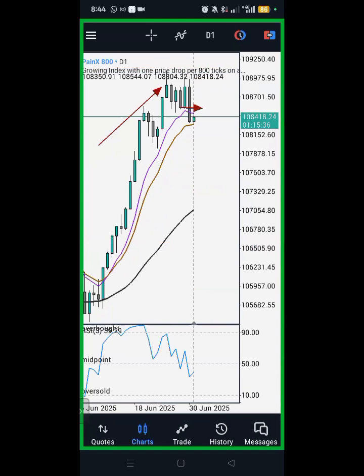Like this Pain X800, the directional bias is downward. I told us yesterday, it's going to come down all the way to this support. Mind you, I told us that candles can also bring support apart from yesterday's high and yesterday's low. I can also go on daily and pick the low of a range of candles and the high of the range of candles. We'll be talking about that maybe tomorrow or next, apart from previous day